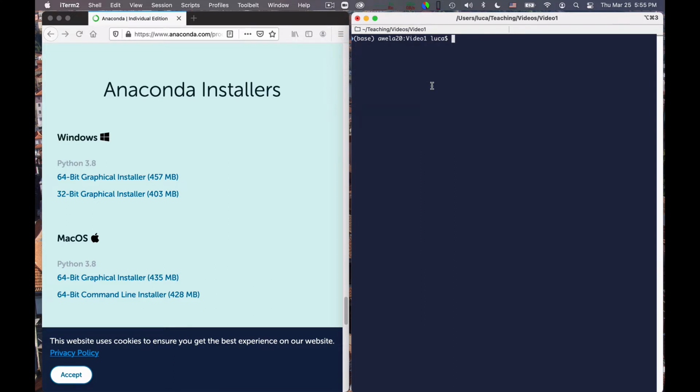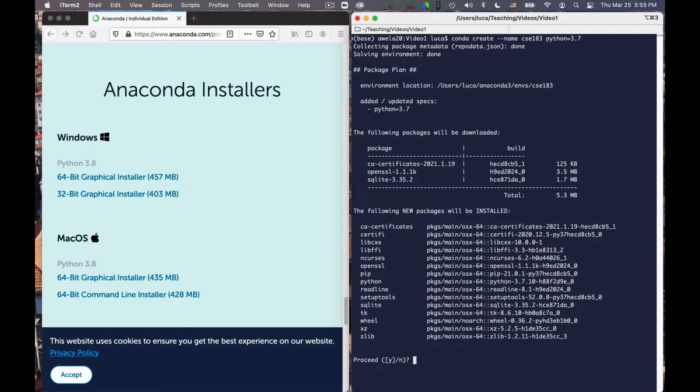So let's do that. I have Conda already installed, so I do conda create --name, and I give a name to the environment, which is, for example, CC183. And then I want to choose the version of Python. I like to choose 3.7. You can choose 3.8 if you like. I think Py4Web has been tested in 3.8 as well, but I will stick to 3.7 because I'm a person of habit. Okay, so when I do this it creates an environment. It takes a moment to do it, so it asks me whether I want to proceed. I say yes.